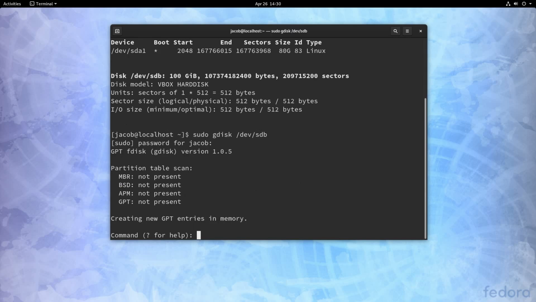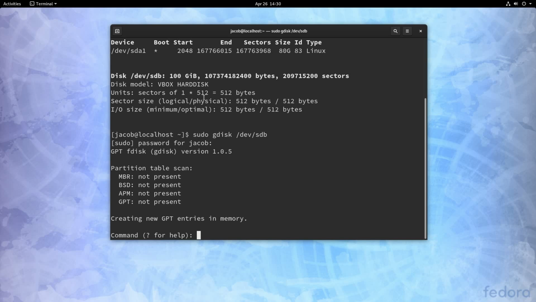I talked long enough that I need to enter my password again, and now you can see this is what gdisk looks like when we start it up. You can see the header is GPT fdisk, so once again, the syntax that we're going to use is mostly the same as fdisk, and it's going to scan for partition tables first. Now, sdb, this is a brand new clean drive. Now, if you bought an external hard drive for your computer, it's probably going to come from the manufacturer with some sort of partition on it.